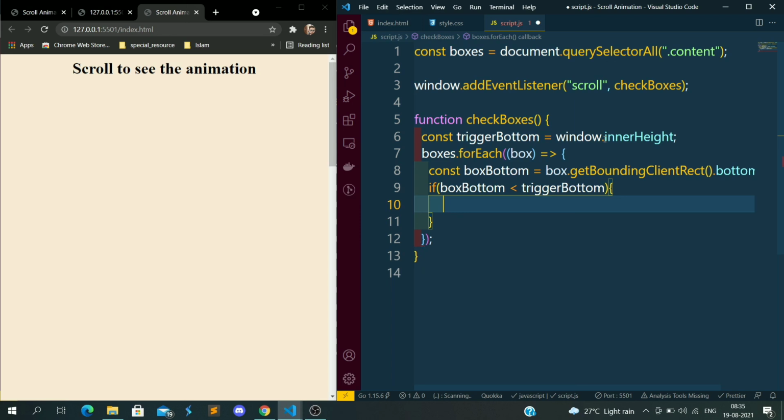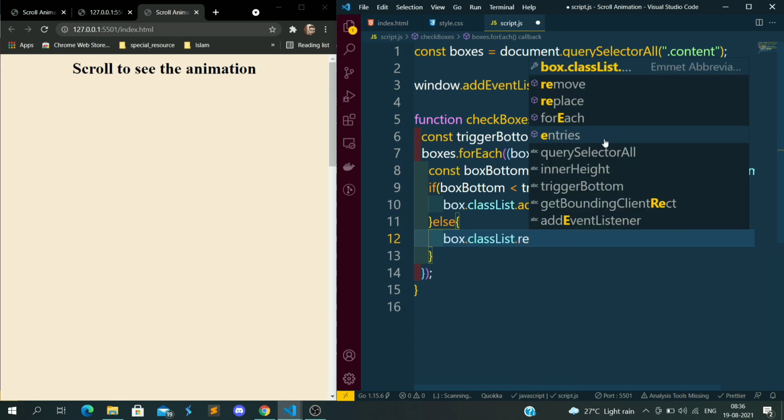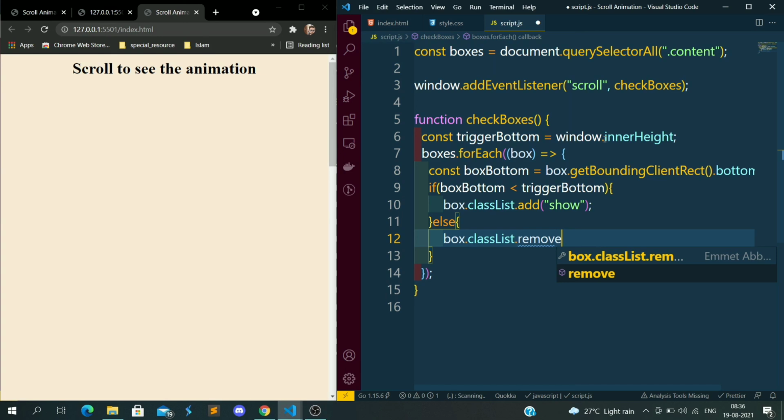What this show class will do is make the cards visible in the center. And if the bottom height of the box is not less than the window height, then we don't want to show it, correct? So then we will remove the show class. box.classList.remove, and I will remove the show class.